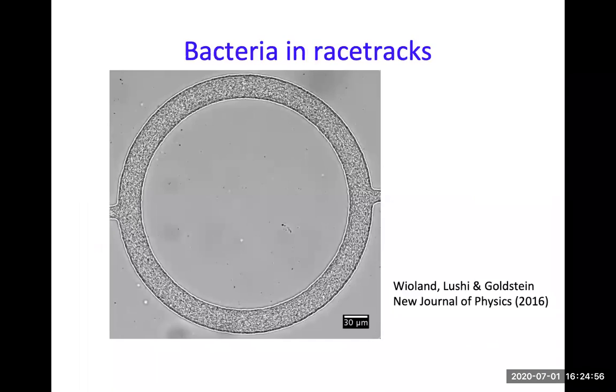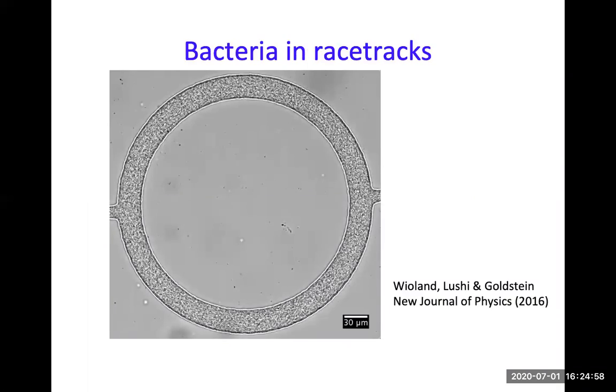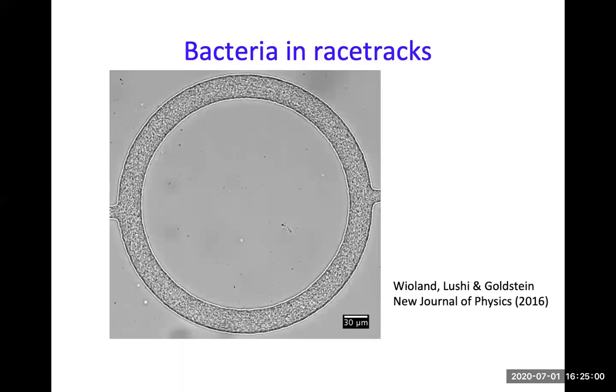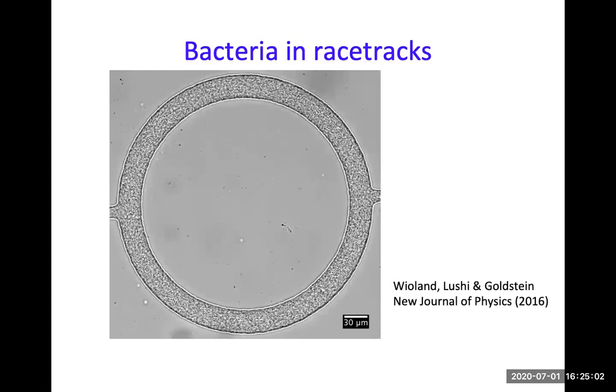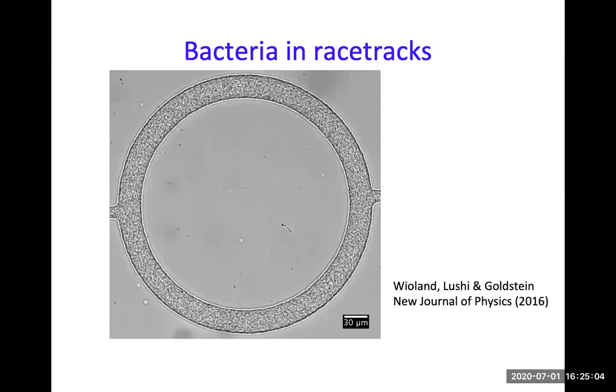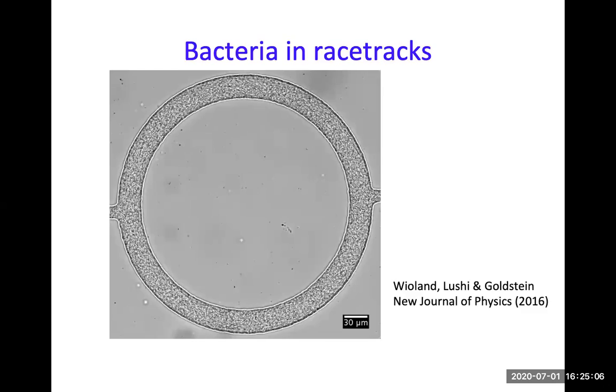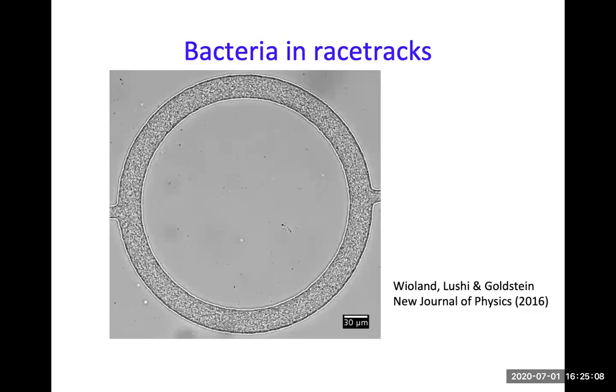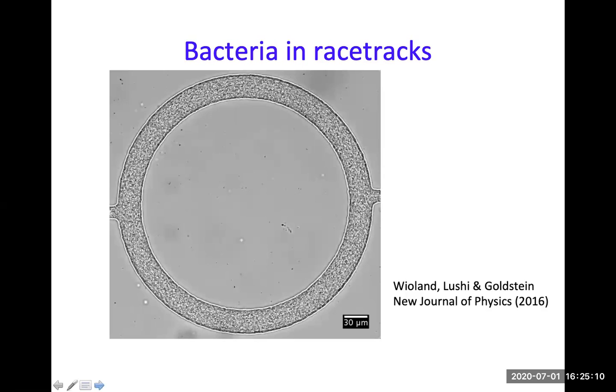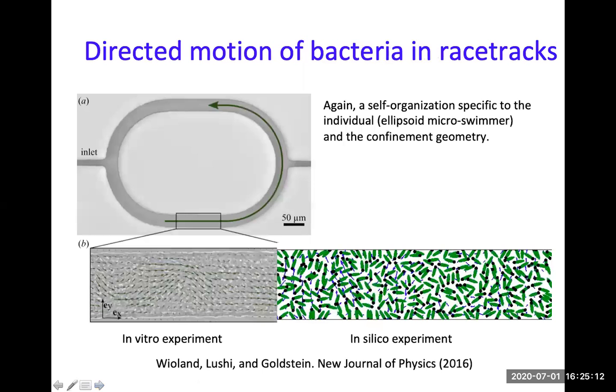So what did we do next? Well, we confined the bacteria in a racetrack. So, they just start to flow left or right without any bias. And for simulations, racetracks are also nice because locally a racetrack is just a periodic channel. So one can modify the method accordingly and see what happens.